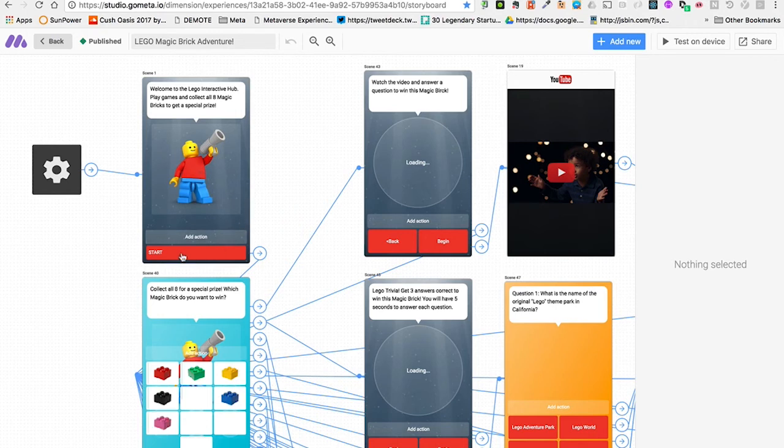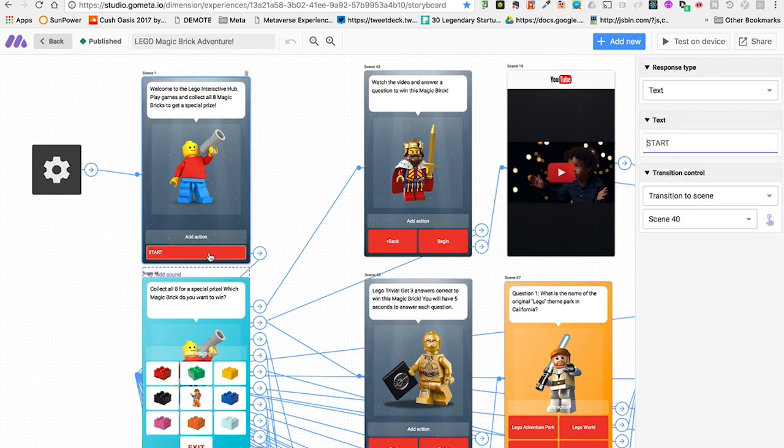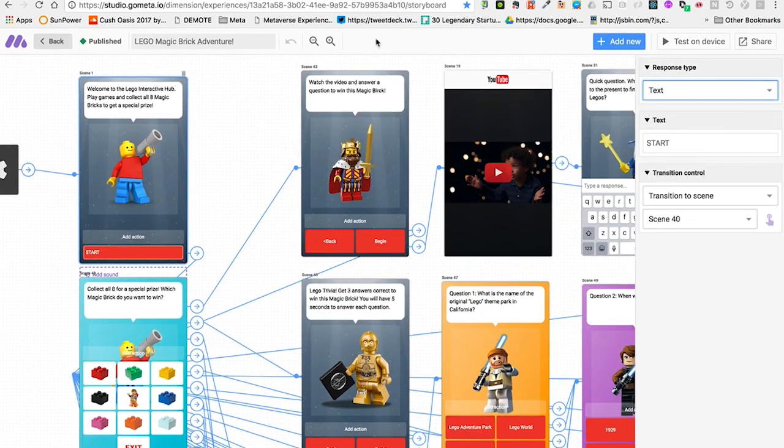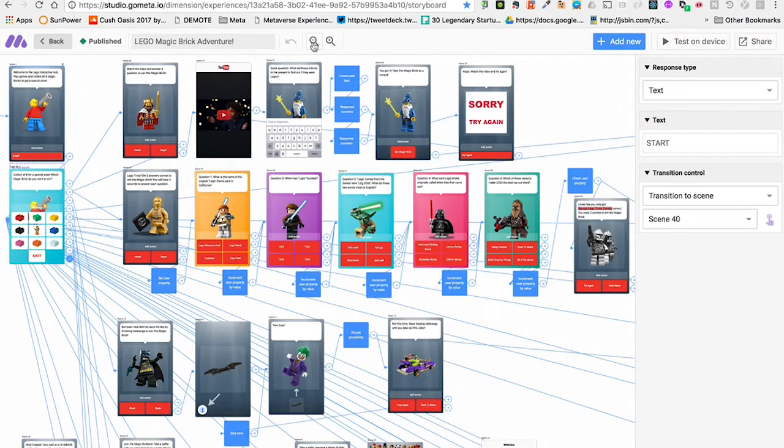Also, of course, you can see that these buttons that you can create don't have to be text buttons. They can be image buttons, which is what's done here. That's super easy to do. You just click on the button, and then here, instead of text, you say image. And then I'm going to zoom out here just so you can see how this thing is put together.